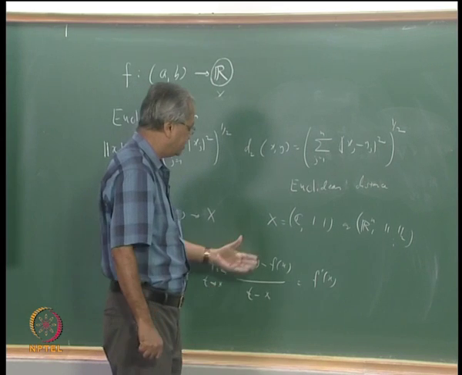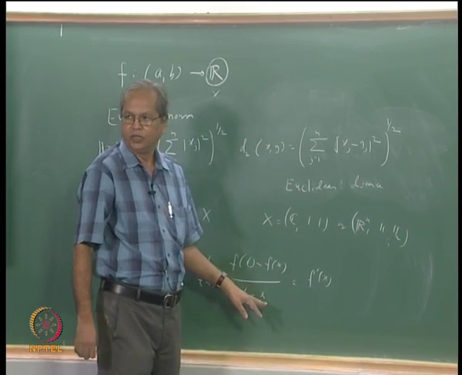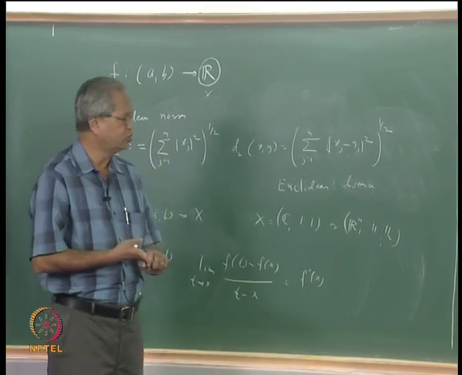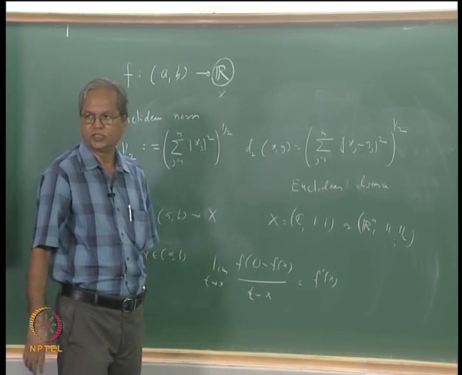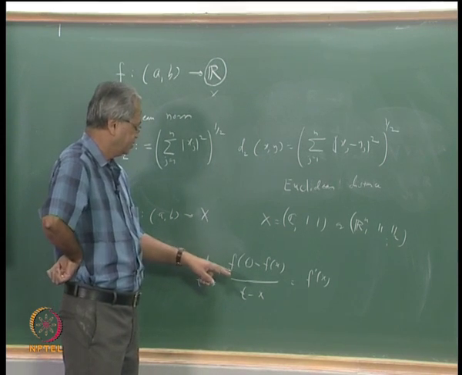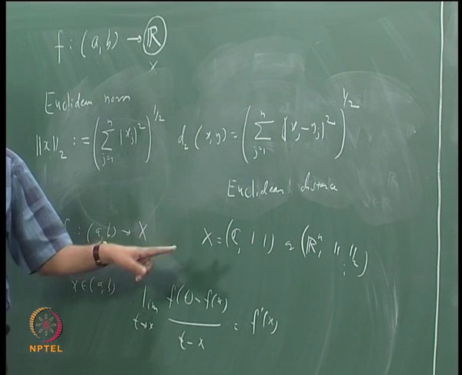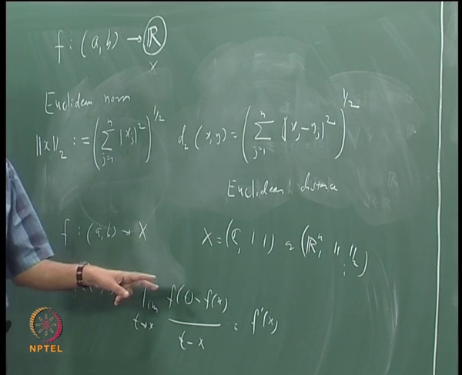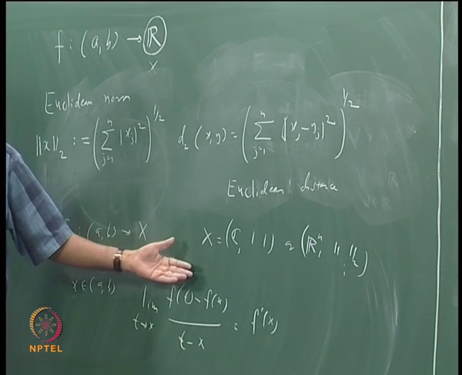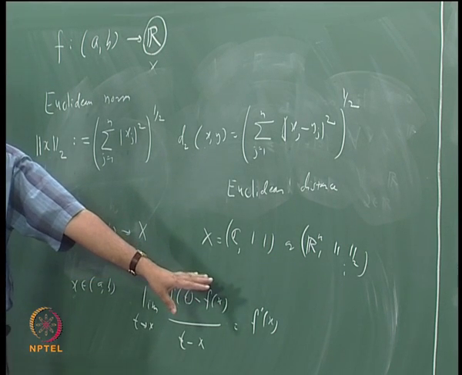So the question is what other things go through. Obviously one can define what is meant by derivative, and whatever are the very routine things about the derivatives, those will go through even for these vector valued functions. For example, the theorems about the derivatives of sums. If you take two functions f and g, and suppose f and g both are differentiable at a point x, then f plus g is also differentiable, and the value of the derivative is the same as f prime x plus g prime x.